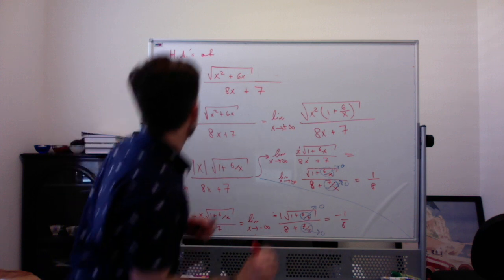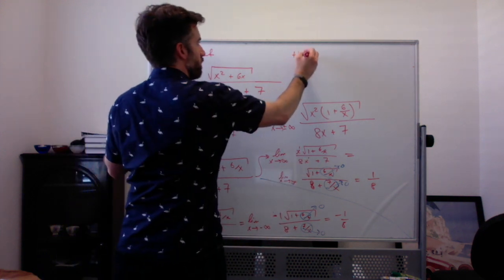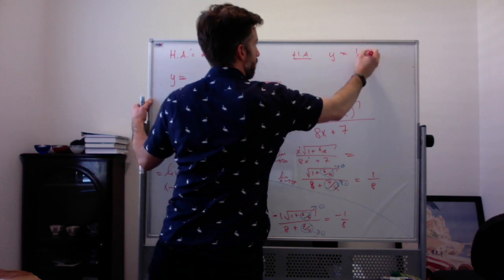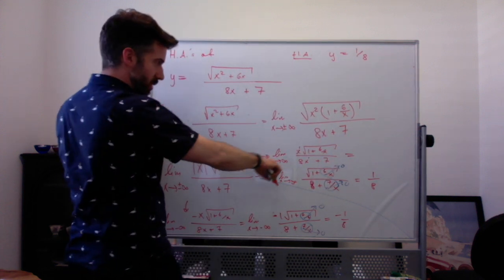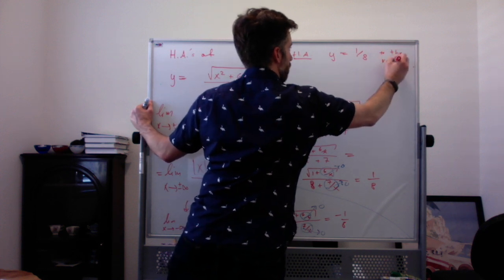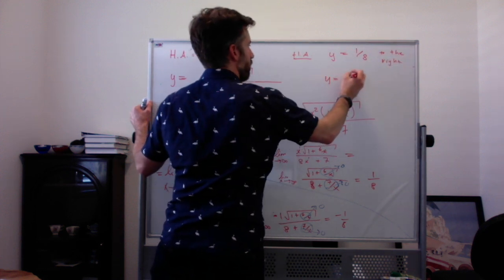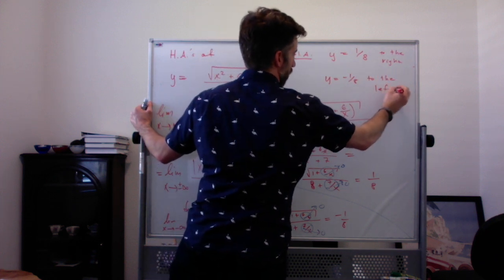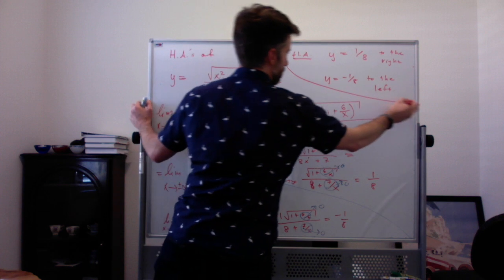So the horizontal asymptotes would be y equal to positive 1/8 to the right when we go to infinity, and y equal to negative 1/8 to the left. No, they don't always end up being the opposites of each other. Like